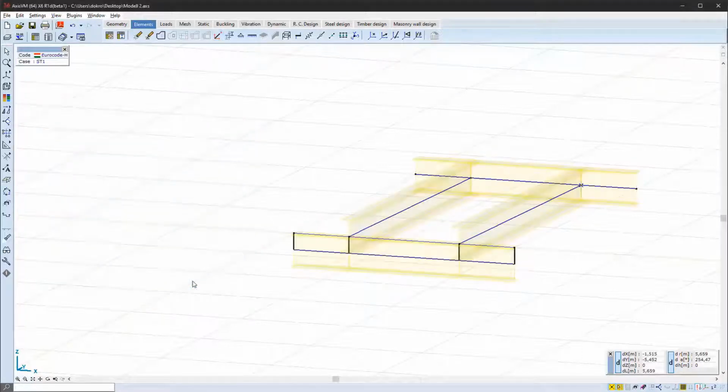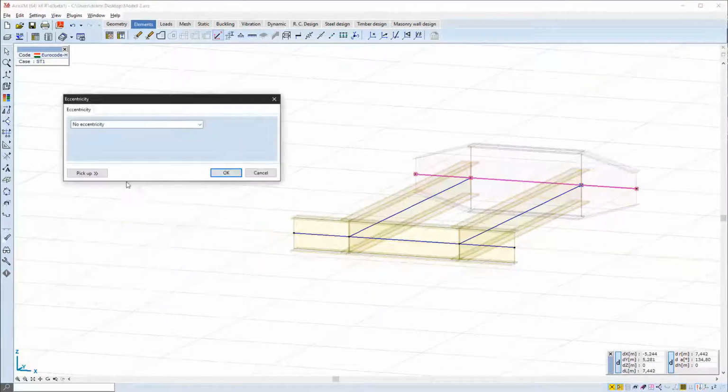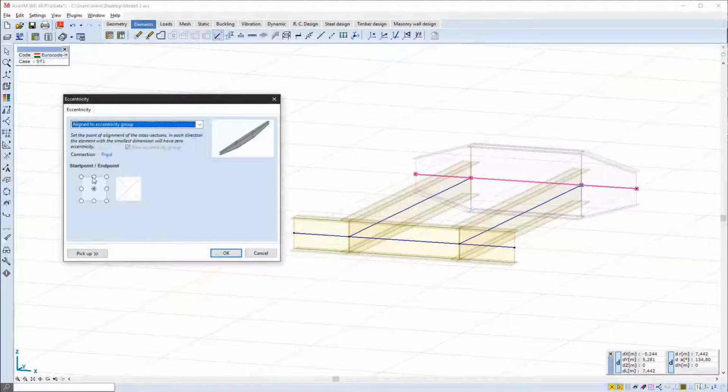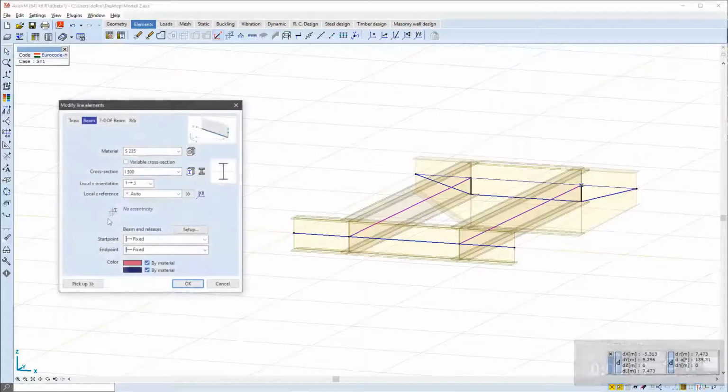The next option is to set the eccentricity automatically by aligning to an eccentricity group. In this case, the EY and EZ eccentricities of the element smallest in the respective direction will be set to 0, while other elements will shift so that their selected point on the bounding rectangle remains. This is suitable, for example, for defining tapered members like in the example.